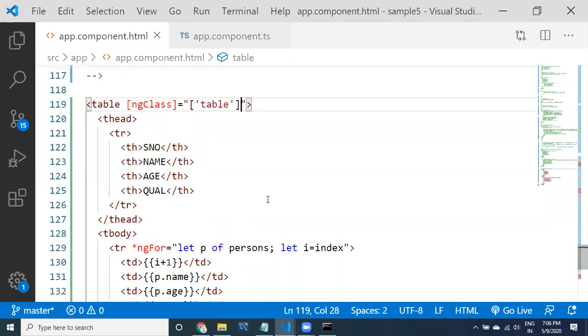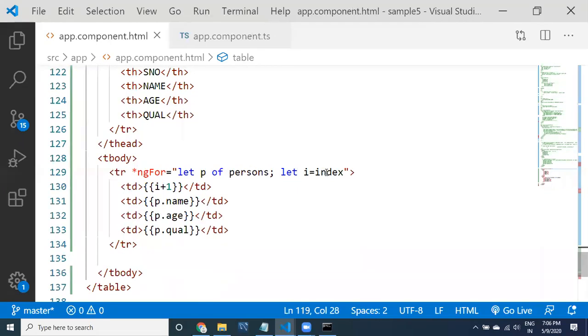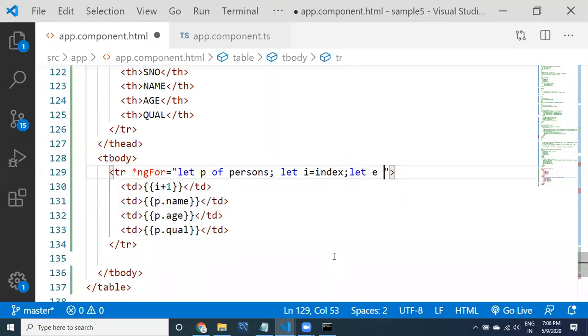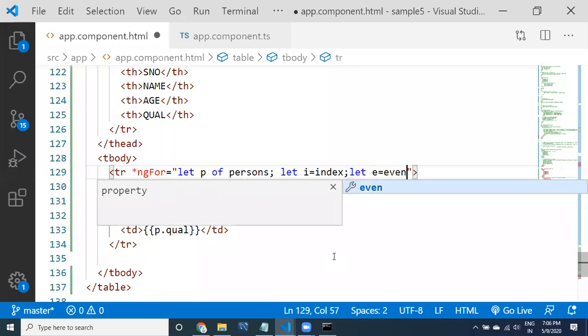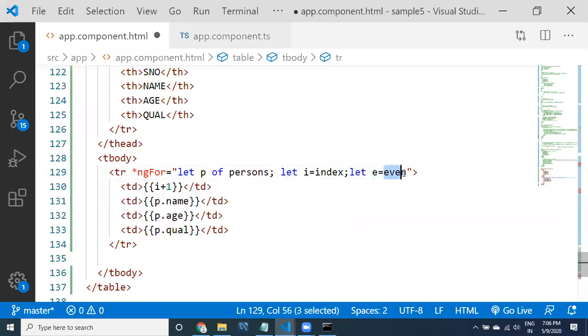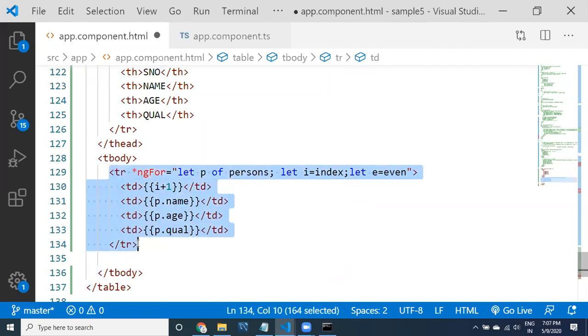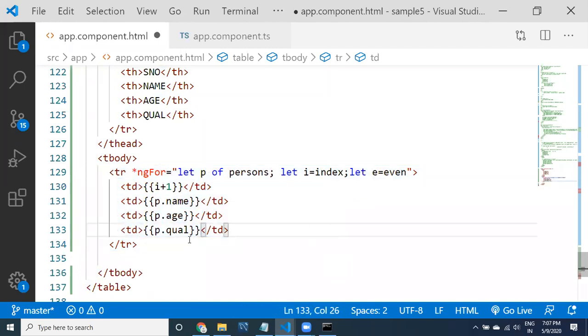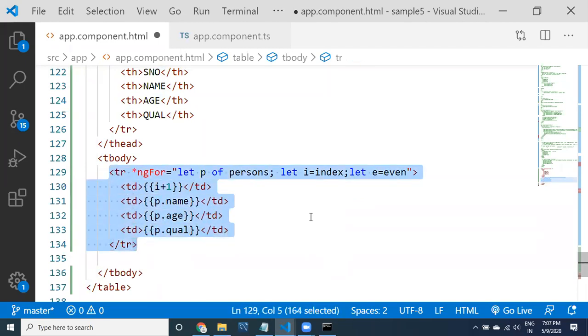Okay, now along with this table, I want to apply one another variable. That variable is let e equal to even. This even is a local variable. It gives you true or false. Whatever tr it is executing, the first time it is coming, that is even, it starts from 0, right?